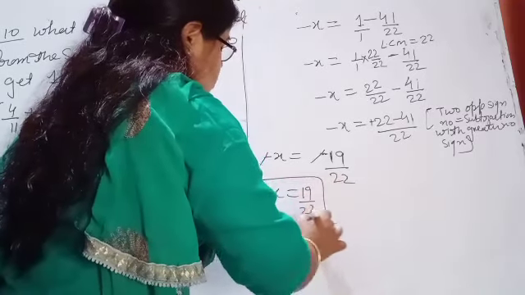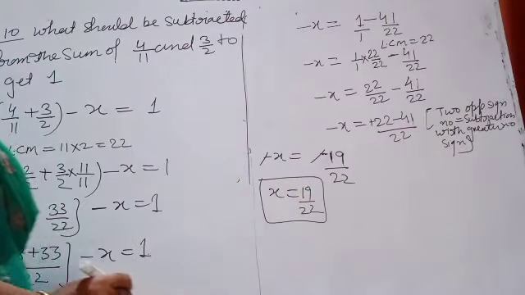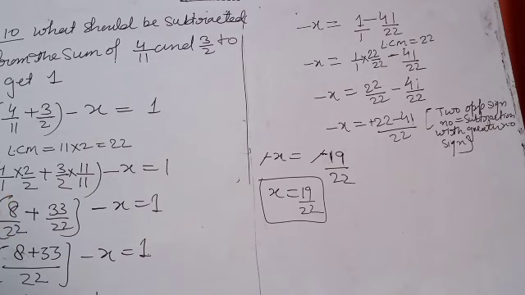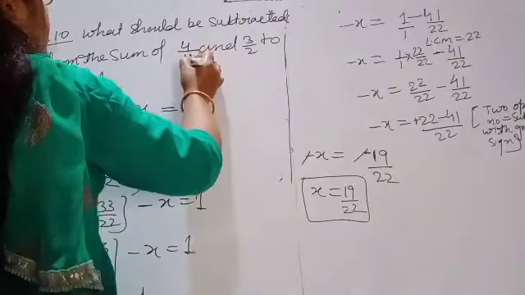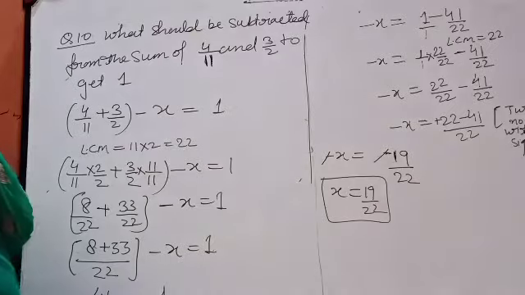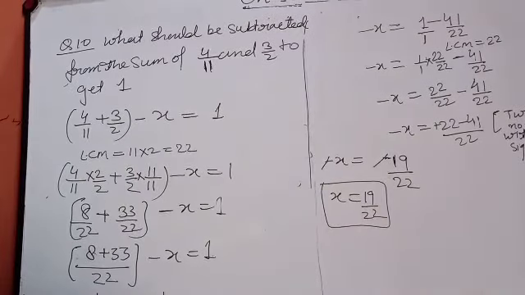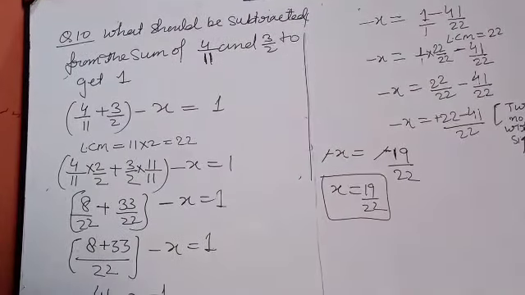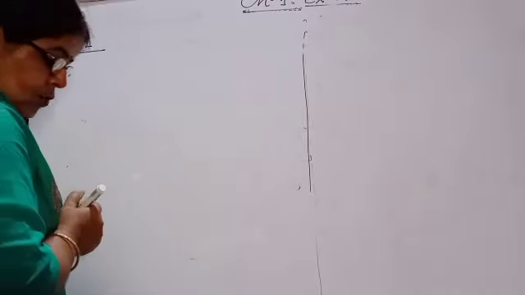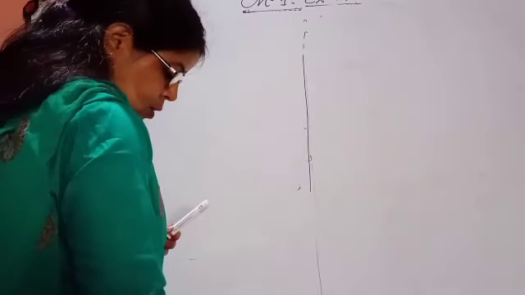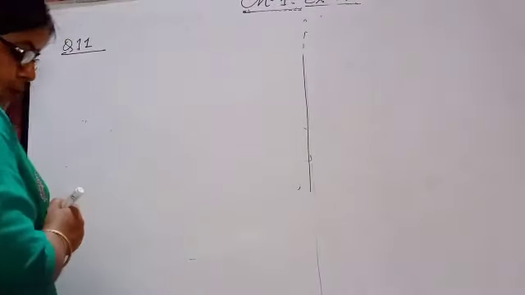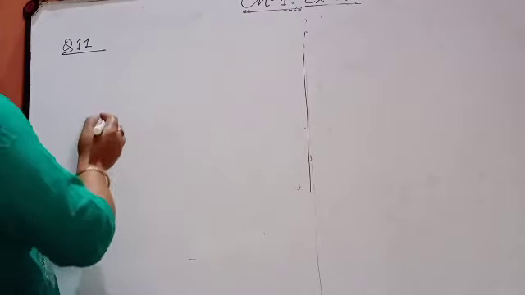So in this way this question is completed, and I will write some homework questions for you, so that with the help of this question you can do them. Okay. In the next class I will give you questions of the same pattern, so that you can do them in your homework part. Number 11: the sum of two rational numbers is 1 upon 2. If one of the numbers is minus 1 upon 4, find the other.